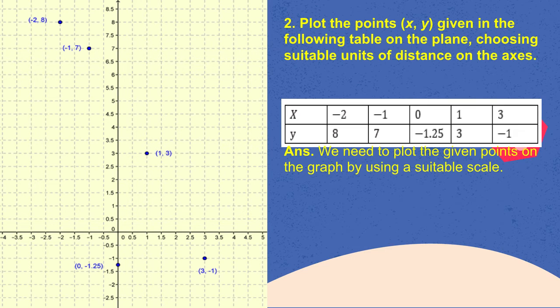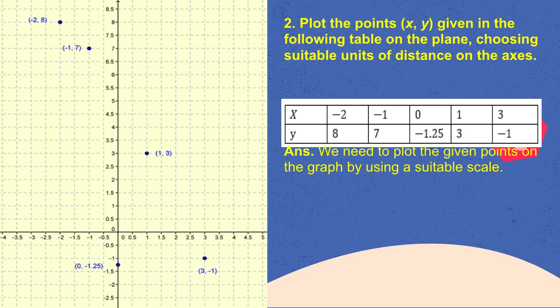You can see over here I have represented the demarcation of points with a difference of 0.5. I haven't taken the whole number over here, I have taken it as 0.5. You can see this is the origin, O, 0, 0 coordinate. Then I move one box and I've labeled it 0.5. Then I've moved another box and I've labeled it 1. So the demarcations are with a difference of 0.5. The scale I have used over here is 1 unit or 1 box is equal to 0.5. So this is how you will do the demarcation for this question.